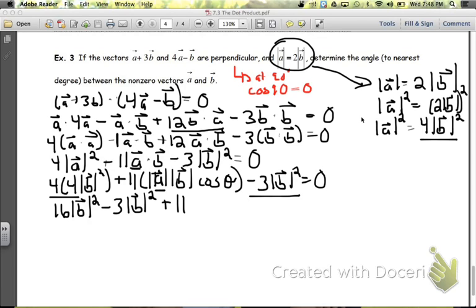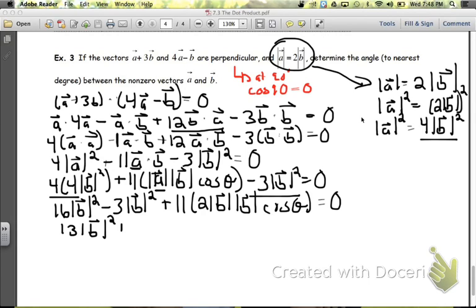Now here's where I can change the magnitude of A, using the fact that I know the magnitude of A is equal to 2 times the magnitude of B. So I have 2 magnitude of B times the magnitude of B cos theta, and that's going to be equal to 0. So 16 minus 3, I'm going to get 13 times the magnitude of B squared